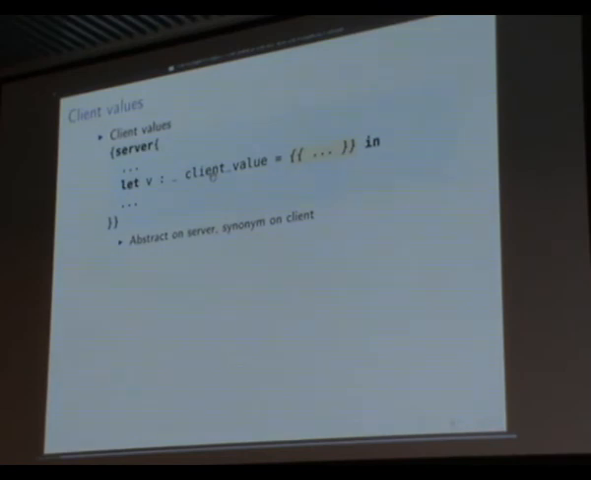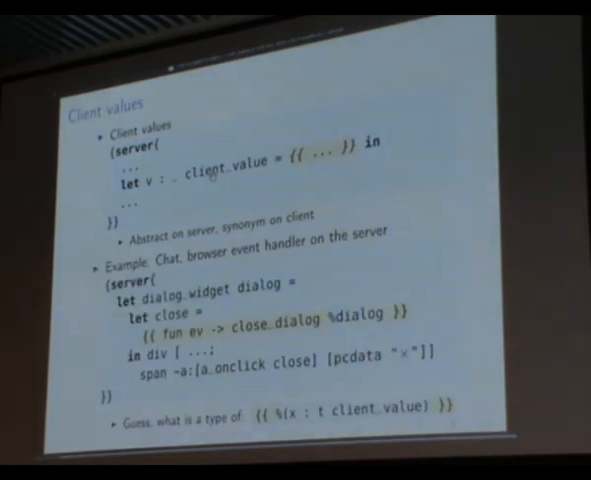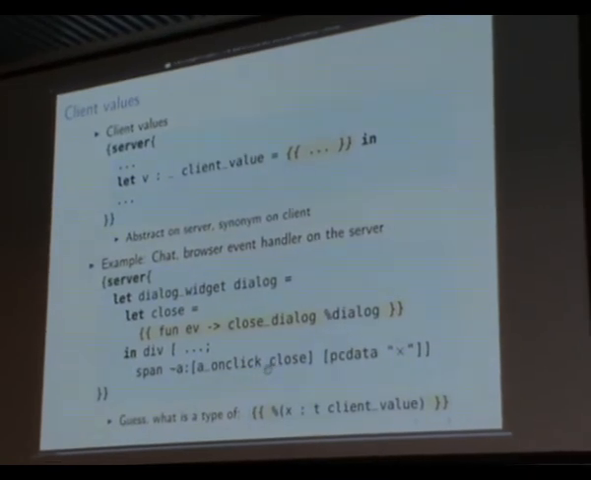What is this good for? For example, a very basic usage is to declare event handlers from the server side. An event handler on the client side is a function from an event to unit, and this is what's declared in this client value. And on the server side, we now have an event to unit client_value, which is put as the on-click event handler here in the cross,